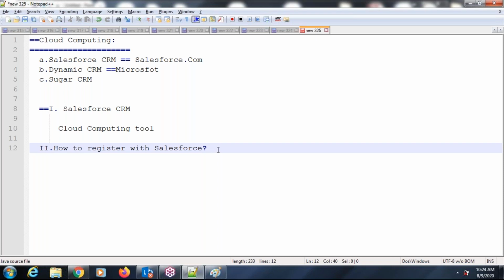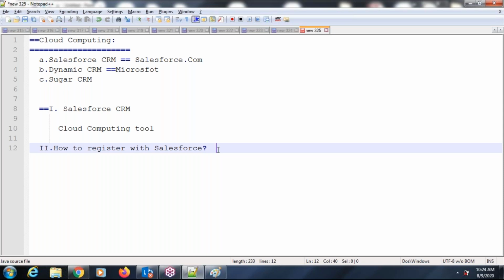That's why technically we call it a licensed version. A licensed version means we have to pay some amount to the Salesforce.com company, get the license, and then use Salesforce for our business requirement.